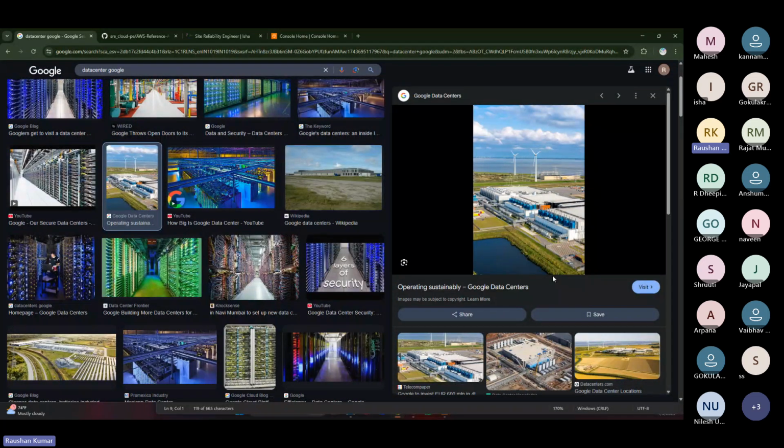Amazon Web Services, Jeff Bezos. Microsoft Azure, Google GCP, Oracle OCI, IBM, DigitalOcean, Alibaba, all are cloud providers. So they set up such data centers across the globe. Because I cannot afford to set up a data center, it's a very costly thing. Or a company that is just starting, like a startup, cannot afford the overhead of setting up this data center. What they do, they purchase the servers, storage,